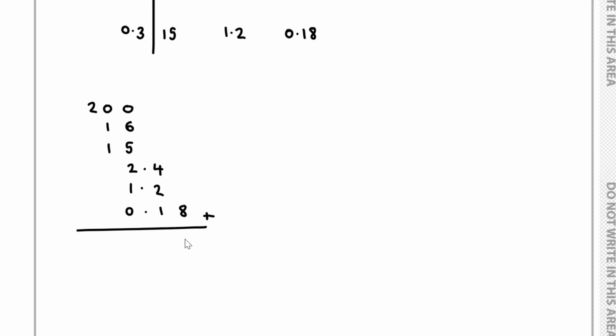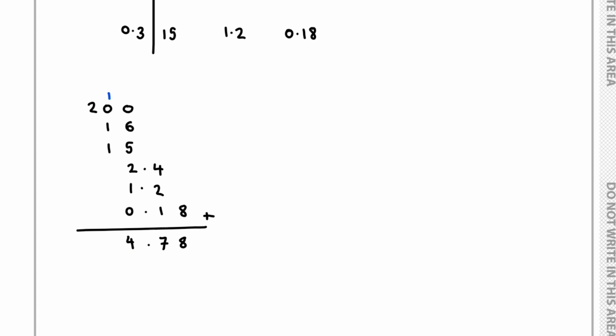Here we've got the 8, 4 plus 2, that's 6, plus another 1, that's 7. Decimal point stays where it is. Then we've got 6 plus 5, that's 11, plus 2, that's 13, plus another 1, that's 14. So we have the 4 which goes here, and then we carry forward an extra